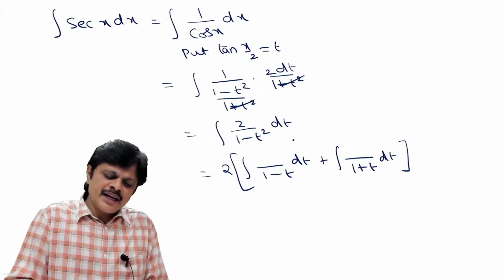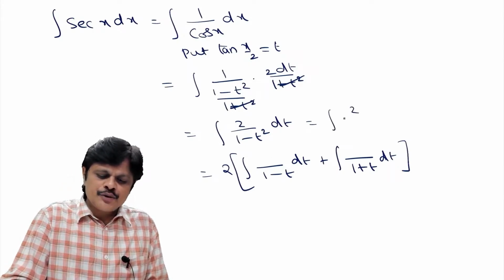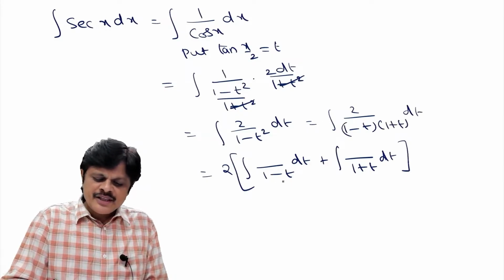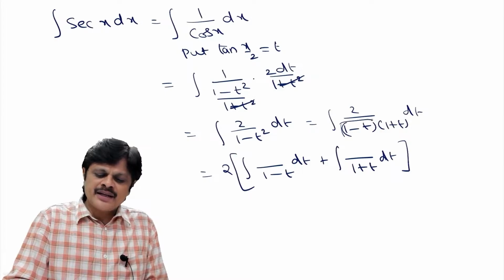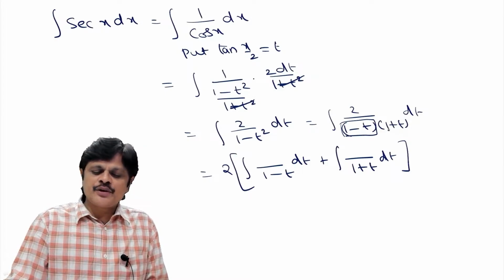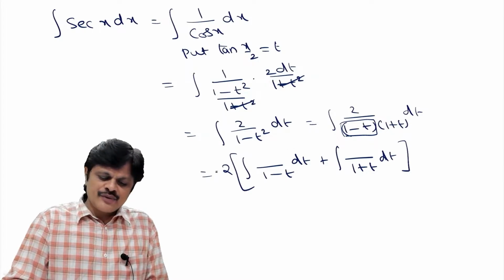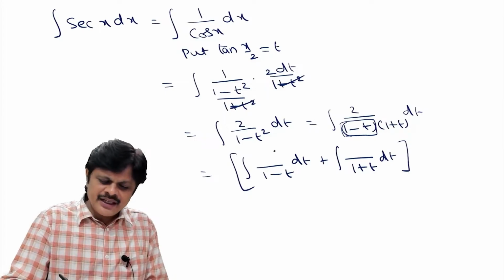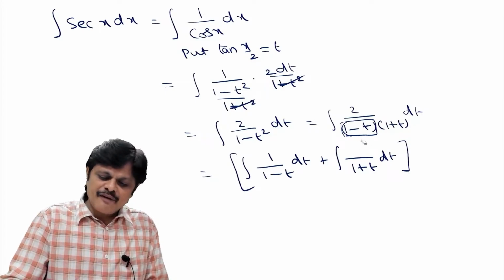Close 1 minus t and see, it's like, integral 2 by 1 minus t into 1 plus t dt, right? So if you want to know the power of this 1 minus t, close 1 minus t part. In the remaining part, put t is equal to 1. So if you put t is equal to 1, 1 plus 1, 2, 2 by 2. That is 1. Okay, you can remove this particular 2 because we are using the 2 also here, right? So it is simply 1. Similarly for this